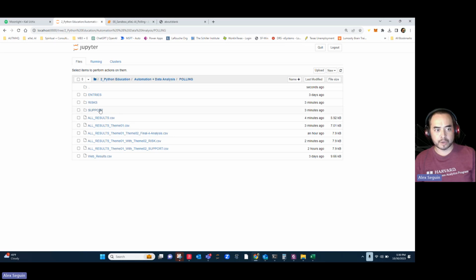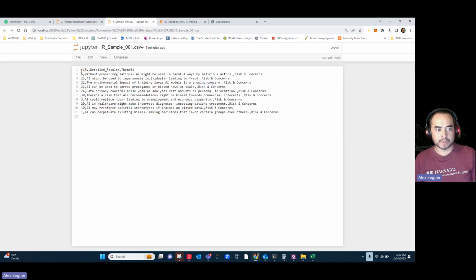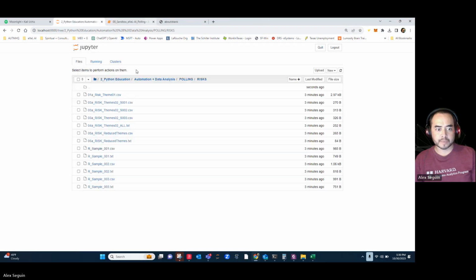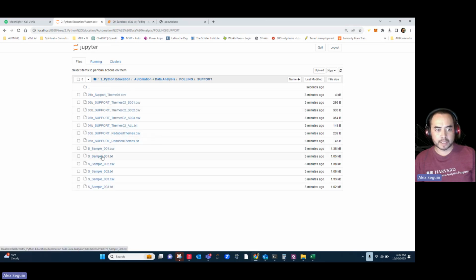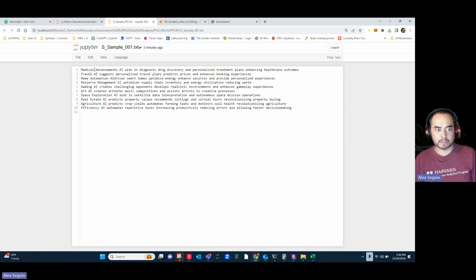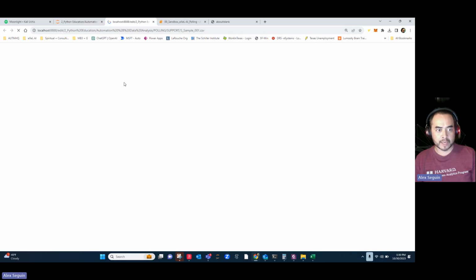So how that looks, just so you're aware, risks are separated out here. Here's a random sample of 10 responses. And the same thing for supporting comments. There's a folder for support. And again, here is a random sample of 10 responses, both in text and CSV files. Why I do CSV is more for your awareness, is so I can categorize